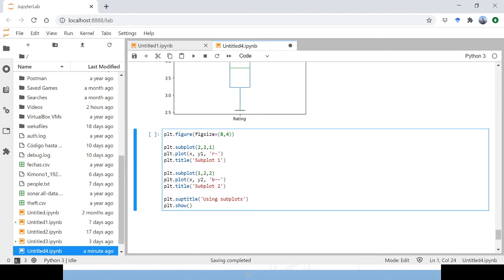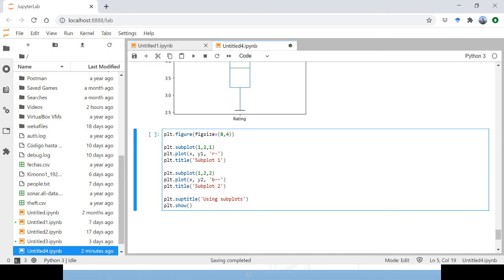In this case, we are going to give twice the length of the vertical axis to the horizontal axis. Then I have one row, two columns, and the plot one will be